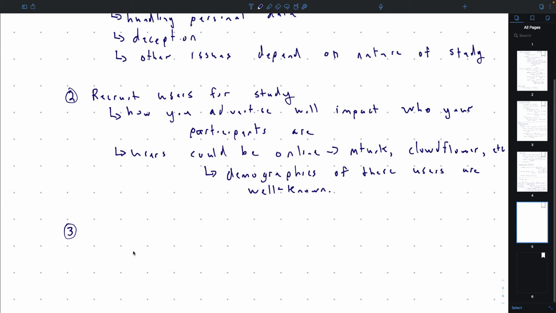Usually what you'll do is break your study into two phases. The first phase is you'll give a whole bunch of people just a questionnaire. They might get paid a little bit to fill it out. Then you'll learn what their demographics are and other things about them. Based on the questionnaire, you're going to choose a smaller subset to actually bring into the lab to do the study. So you do a pre-study questionnaire.